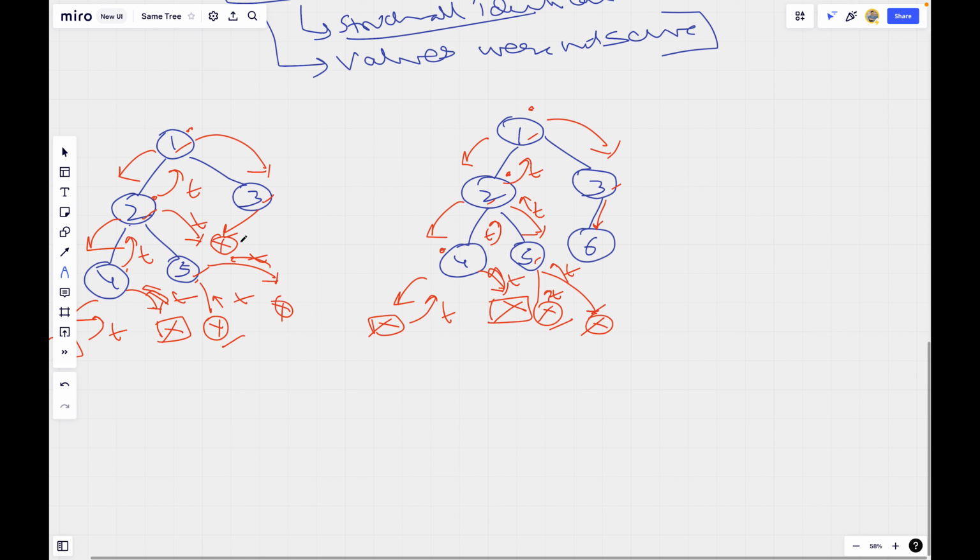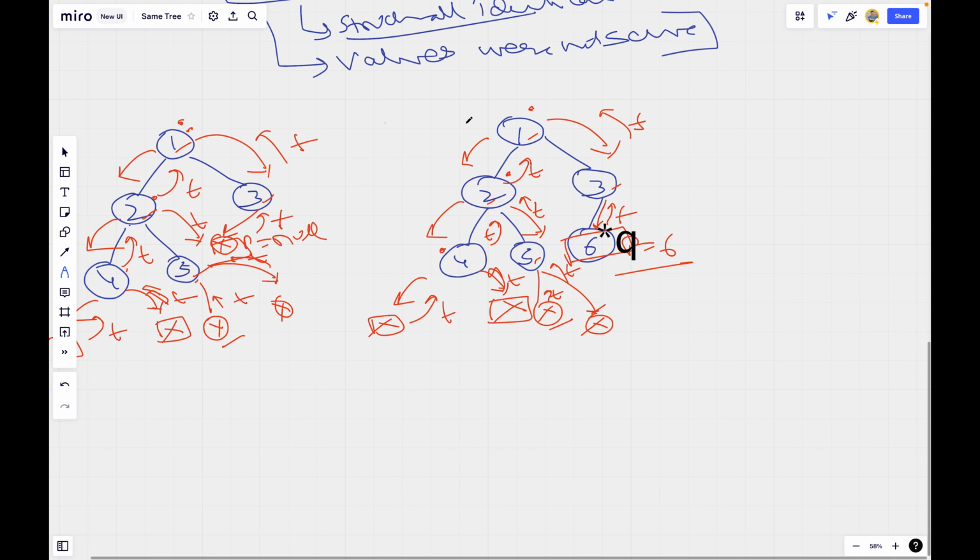In this binary tree, P became null, but here P became 6. It suggests that these two trees are not structurally same. Hence, this will return false from here, as one of the nodes became null and one node is not null. Now 3 gets to know that its left subtrees are not same. Hence, it will not check for its right subtrees. Hence, it will return false from here itself.